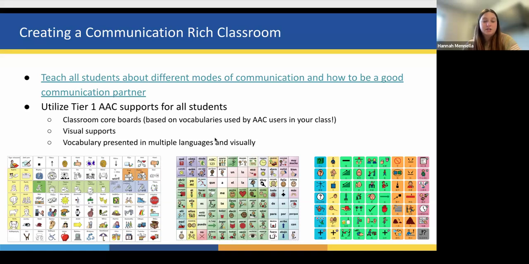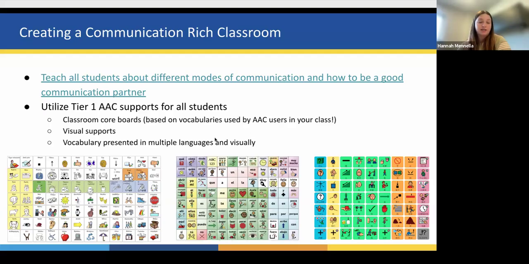And then some other great options for classrooms that are communication rich is to bring in AAC as a tier 1 support for all students. Obviously not high tech, expensive devices, but I love when a classroom has a core board available for students. You can download them off the internet to print out and laminate. A lot of the device companies will give you free poster sized ones if you ask. I have LAMP Words for Life here in Greek that I downloaded. I have TouchChat in Spanish, and I have TD Snap in, I want to say, maybe Mandarin. So there's lots of low-tech downloadable options out there.